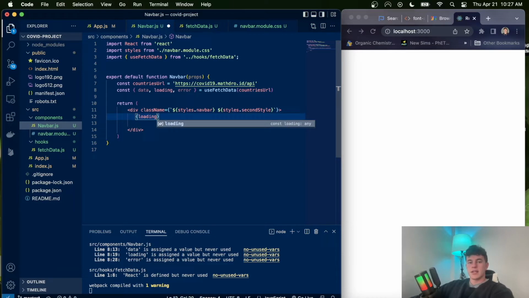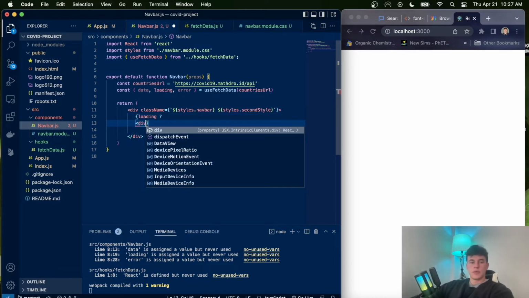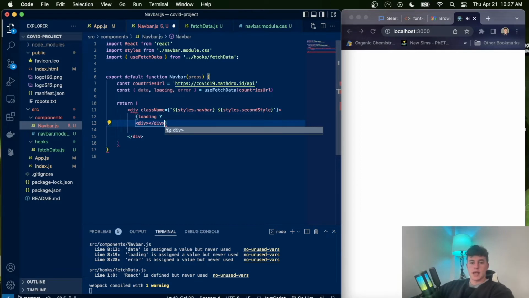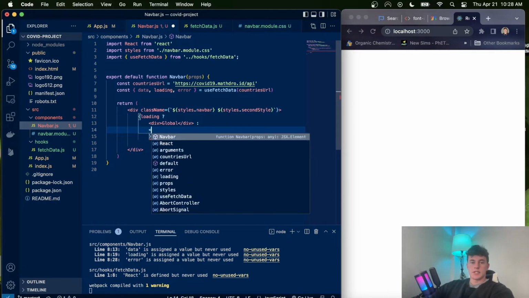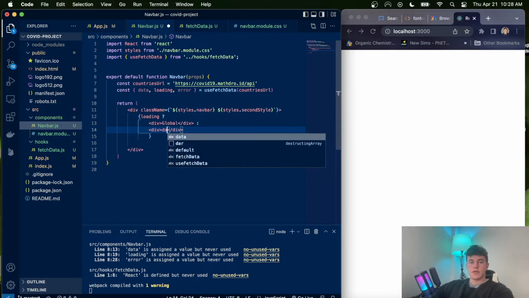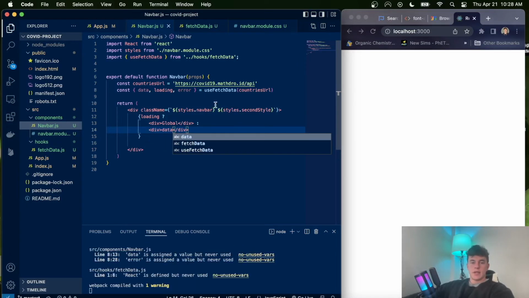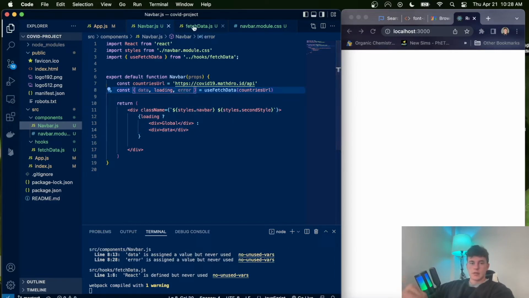Depending on the state of loading, if it's true, we want to render a div that just has the keyword global in it. Otherwise, we want to render out a long list of data related content. So I'm just going to say div for the second, and this div is going to have all of our data. Now, this isn't going to work because currently these imports do absolutely nothing,